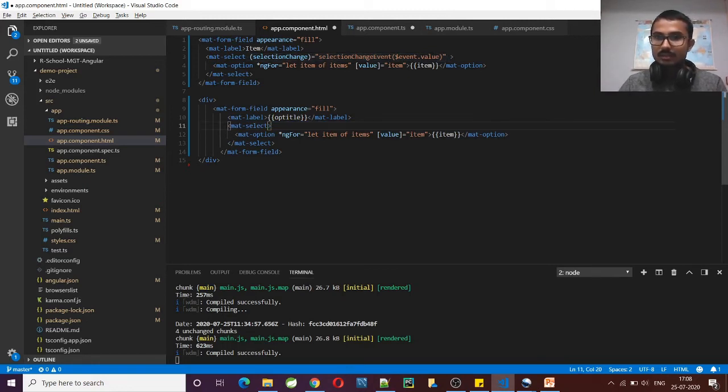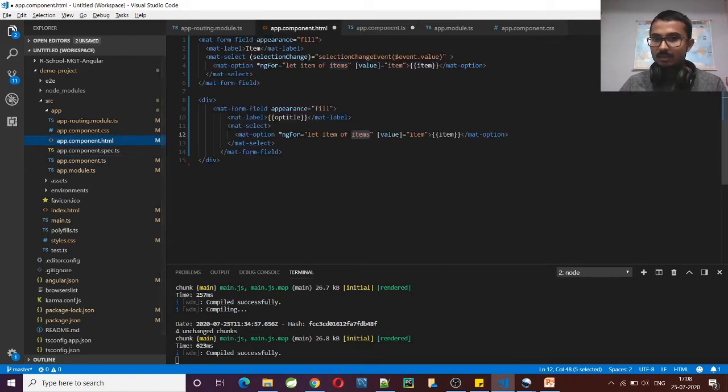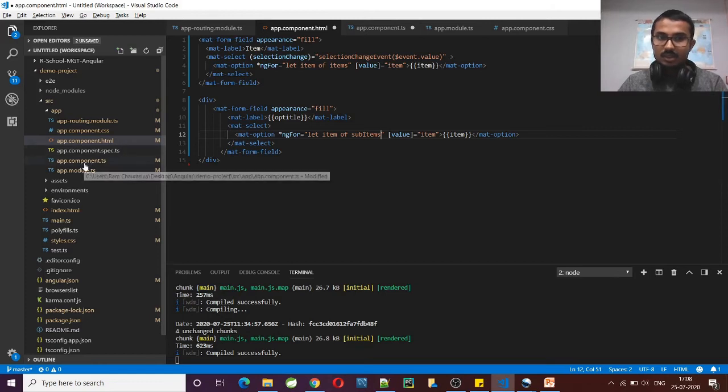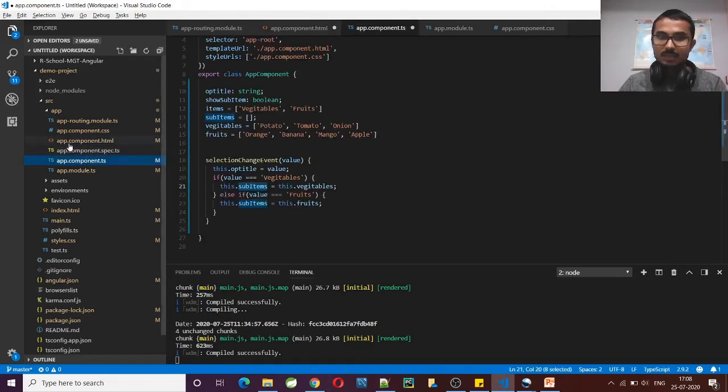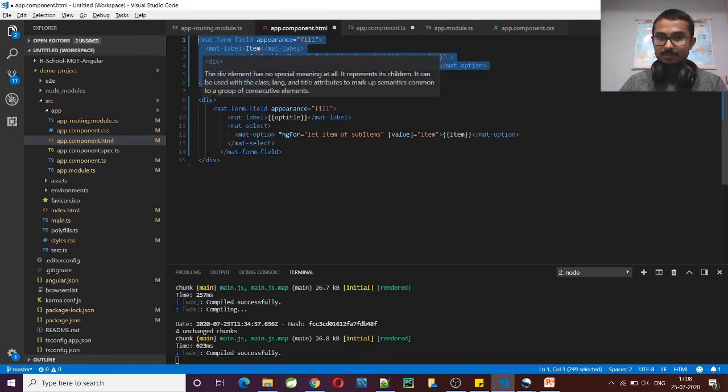And now here, instead of items, we have this object sub items. So we'll start using this sub item here. So now the rest of the thing looks good, same as expected. And let's see what are the changes we need to do. And one more thing, I want to display this section only when one of the values has been selected from here. If nothing is selected, this should not be displayed.